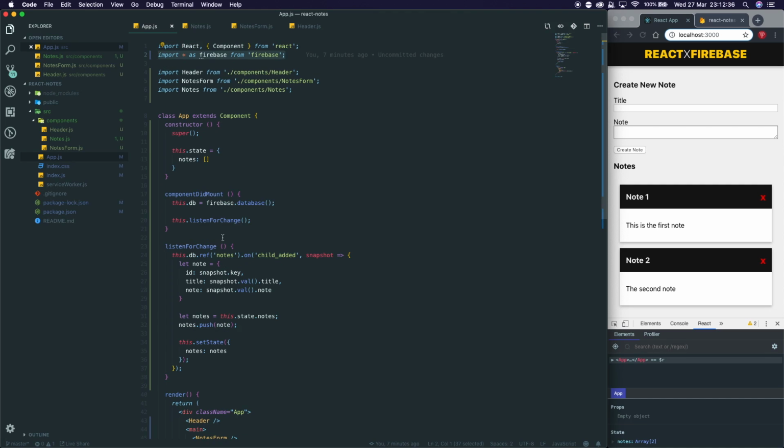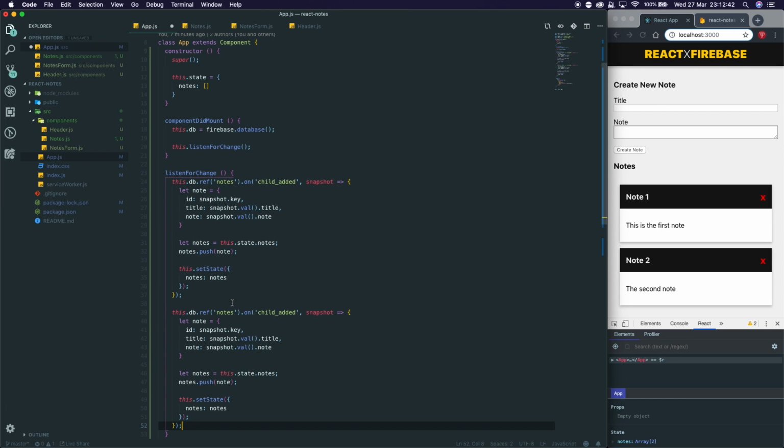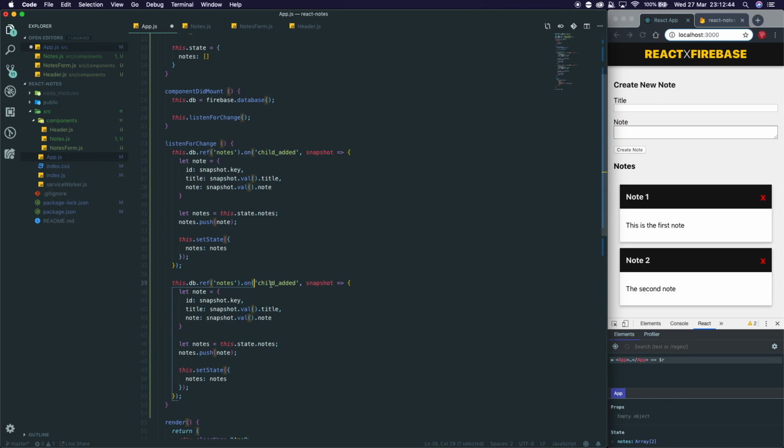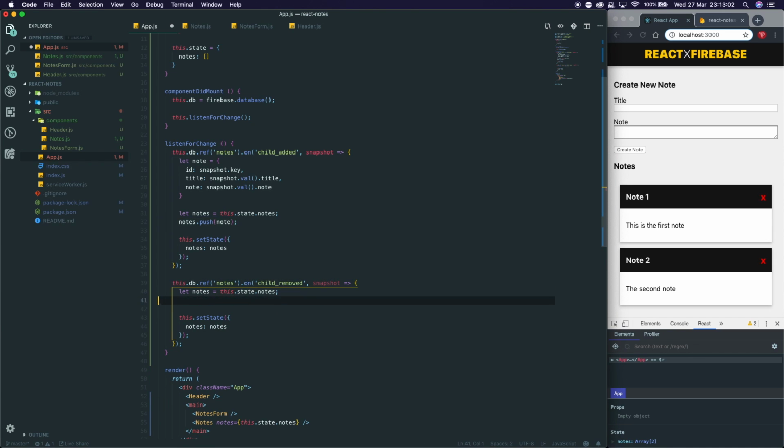So we need to go back to app now for this. And in our listen for change, we actually just need to copy this function, and we're going to repaste it. But instead of child added, we're going to do child removed. And then we're going to set this. We're not going to do this part. We don't need to create a whole new note. But we are going to do